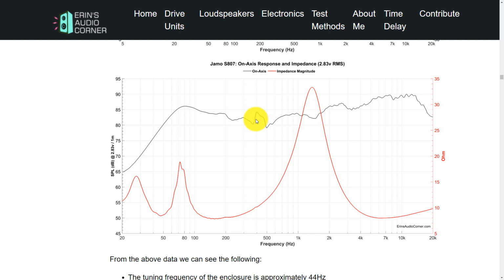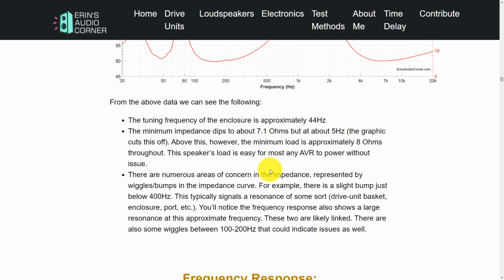It's also one benefit of me using the Klippel system because I can gather response resolution as low as or as high as 20 hertz steps, whereas most people's is 200 hertz at best. So I'm able to show these kind of resonance and details. Moving on,